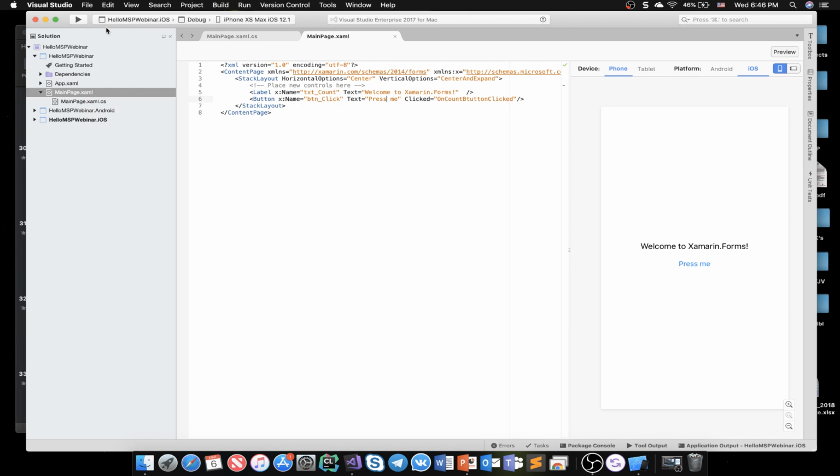Or I can do even better. I can try to call the X binding property. Oh, I can't bind the text. My bad as well. Actually, when you have something like a list view, when